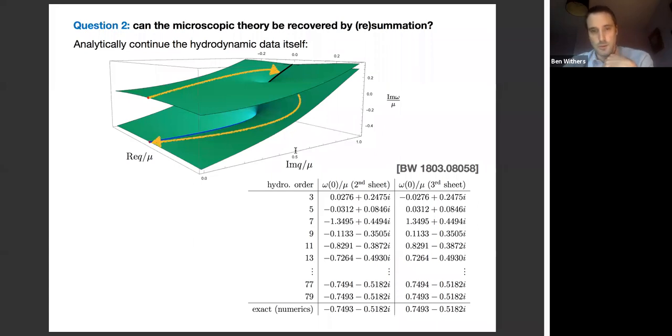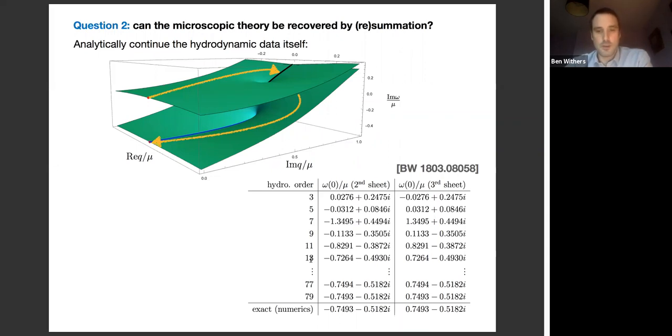And one way you can do that is you use, instead of the variable q, another variable, let's say complex variable z, which is related to q in a quadratic fashion, in such a way that in the variable z, there is no branch point. So you can sort of unwrap this square root and go from 2 sheets into 1. And after you've done that trick, this series will converge all the way from the origin to the origin on the second sheet. It's a little bit more complicated because of the second singularity, but that's the basic idea. And it works, which I found very surprising.